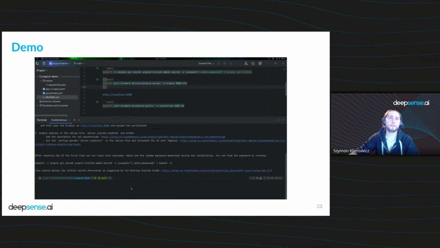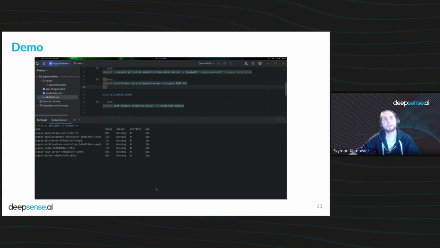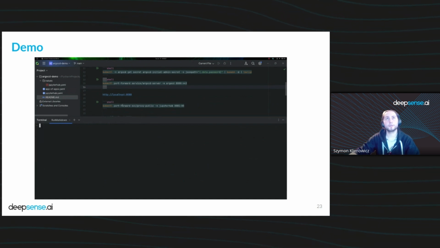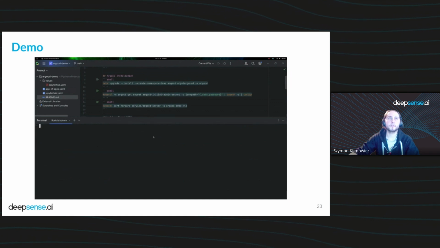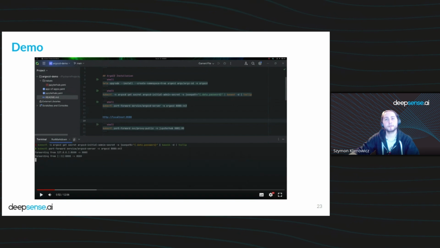So after that's installed, we have to make sure that we are having ArgoCD running in our cluster. So we are checking if all the pods of the service are running, and that is the case. So we can go on with first copying the password for the default admin login, and then we can create port forwarding to the ArgoCD